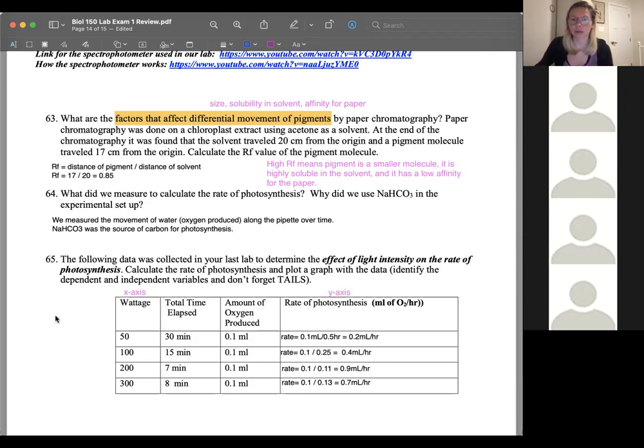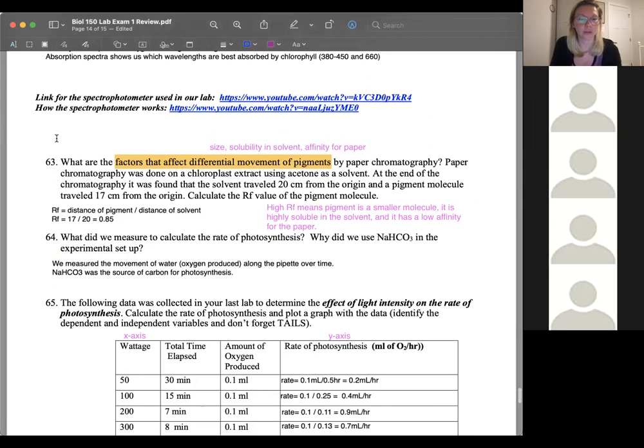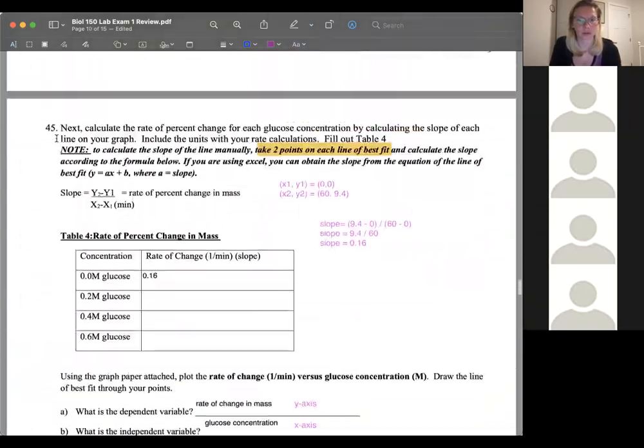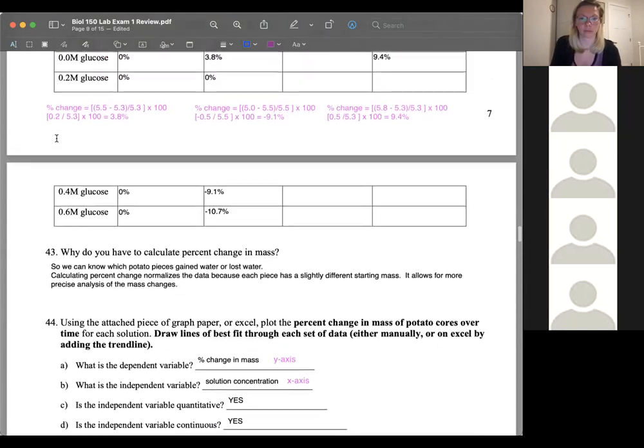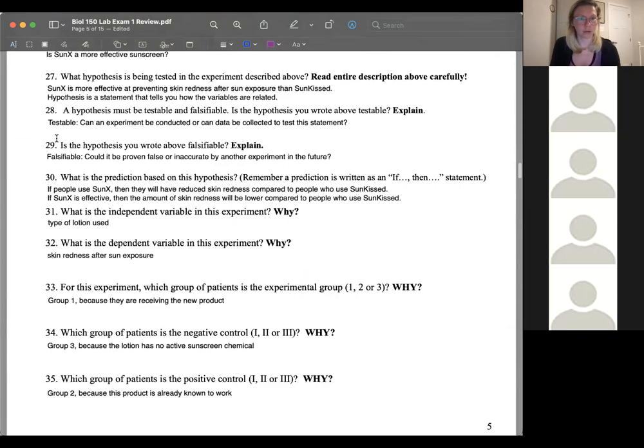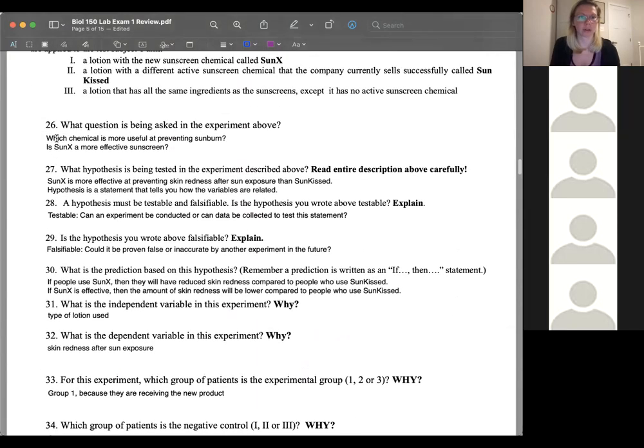All right, so page 5, yes, I can go back to page 5. Oh, that's right, this was our